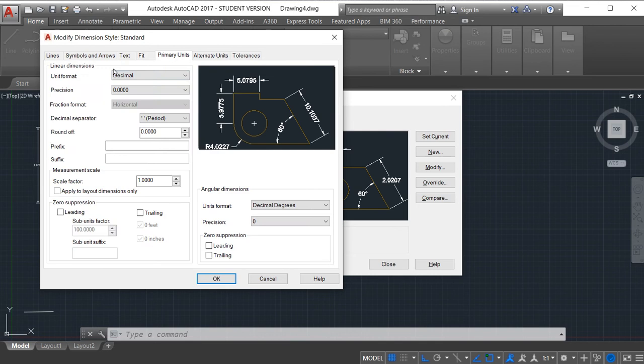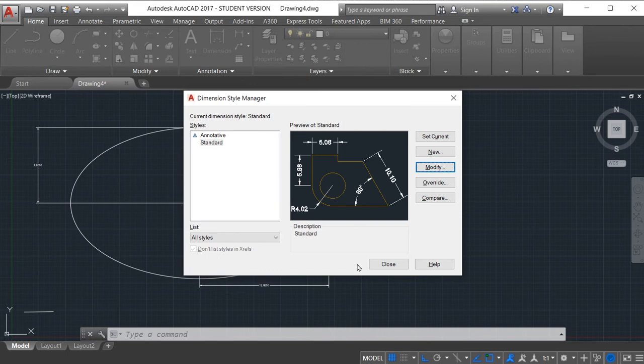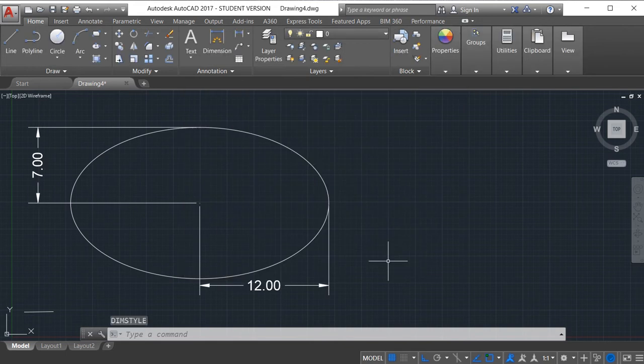Then primary units, I will set it as 0.00, and press OK and close this dialog box. So these units are shown on our ellipse. Now this is our first method, by using center and horizontal distance and vertical distance.